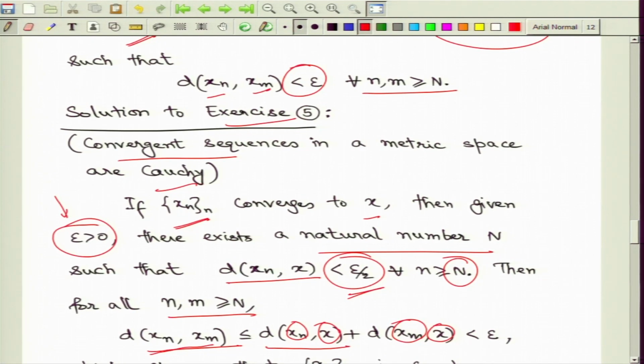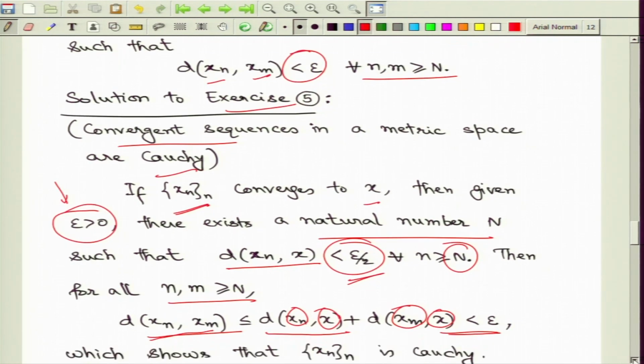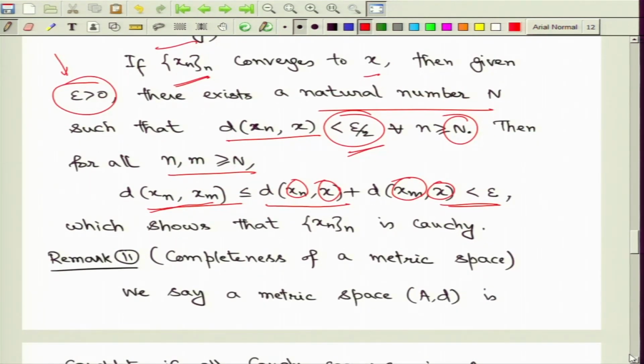But since the sequence is convergent to small x, then we are having this bound after that number capital N, and hence given that epsilon is positive, we have managed to show that all the terms after this stage capital N are close together, closer by the distance epsilon, which we prefixed earlier. But since this epsilon is arbitrary, we conclude that this convergent sequence must be Cauchy. So, here again I repeat that we have essentially repeated the argument that we see for real valued sequences, and the same argument goes through for the situation involving metric spaces.